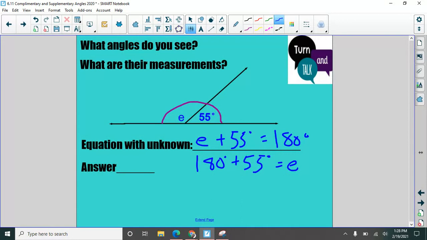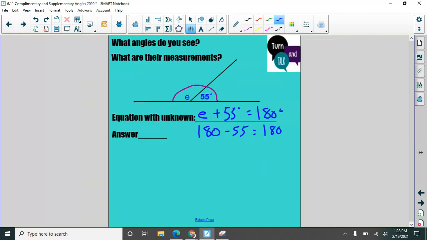Oh, look what I did. I made a mistake. I put a plus sign in there. That's not good. Let's get rid of that. Minus 55 equals 180. Now, the important thing here is that we make sure that we write down this subtraction